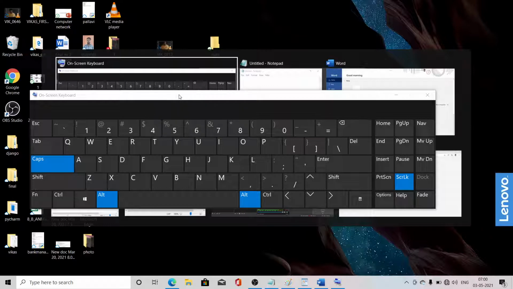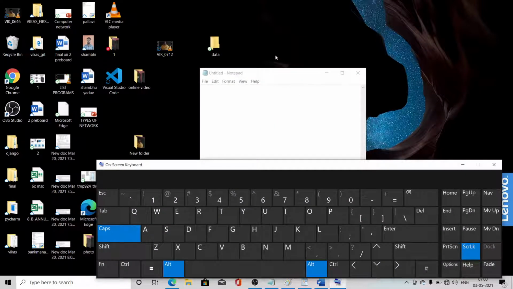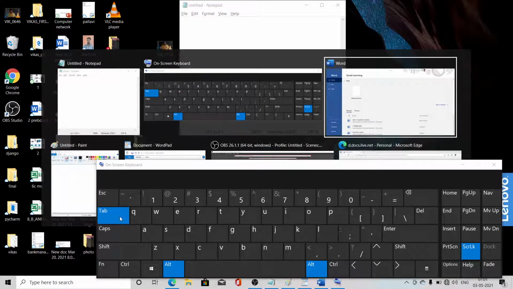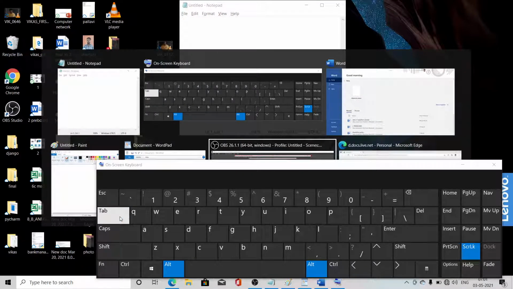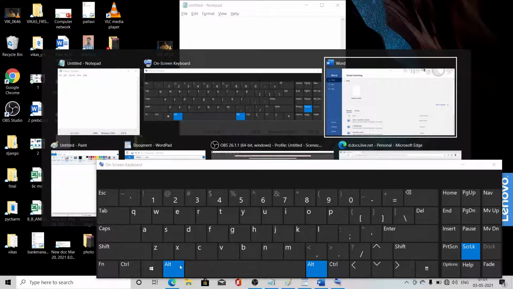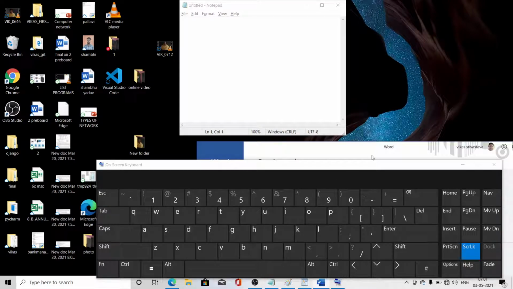Look here, it is showing here. I will minimize here and do Alt and Tab. First I will press Alt and then Tab. It shows again on Tab. It will show whichever one I want to activate. I will release, and it will become active.